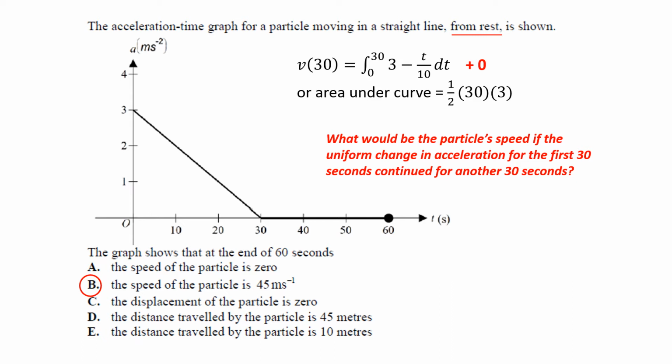Just have a think about it. So I'll pause it again, have a think, and then see if you can come up with the answer. Okay, so as you can see, that particle starts from rest, experiences a positive acceleration that's gradually slowing, but starts off at 3 meters per second and progresses on to zero uniformly after 30 seconds, but it's causing its speed to increase. So after 30 seconds, it hits that top speed of 45 meters per second, which it maintains for the